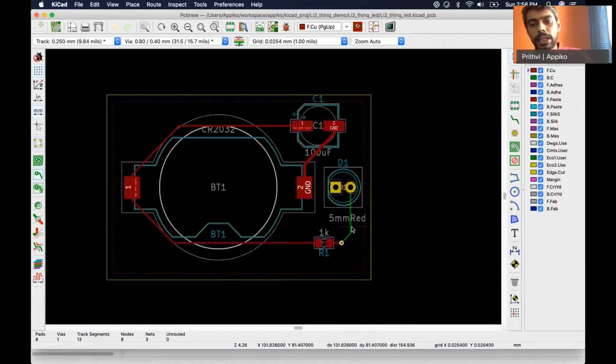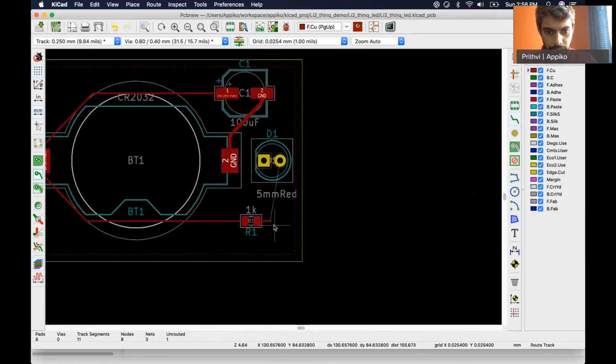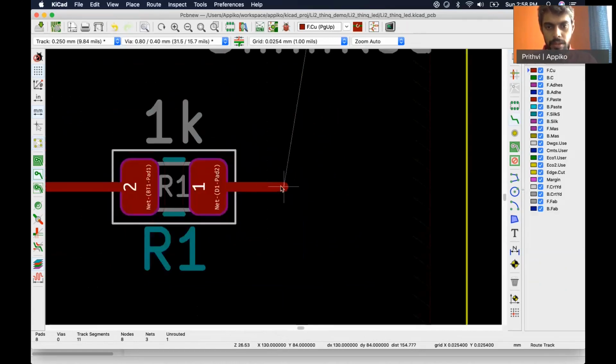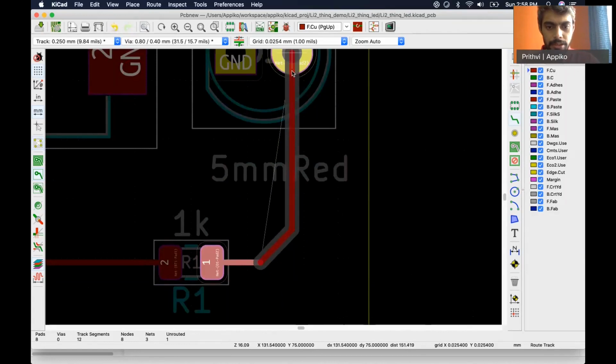So to do that, let's say we delete this track. This 90-degree turn is not recommended, so we'll have a 45-degree turn. And go back here.